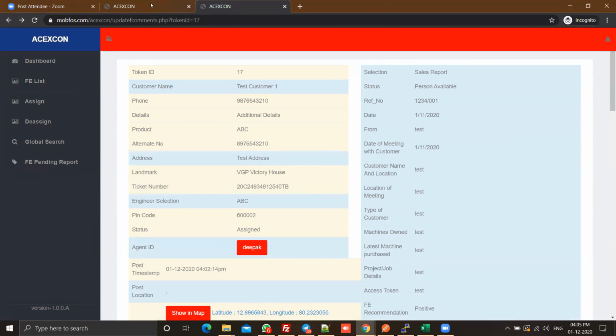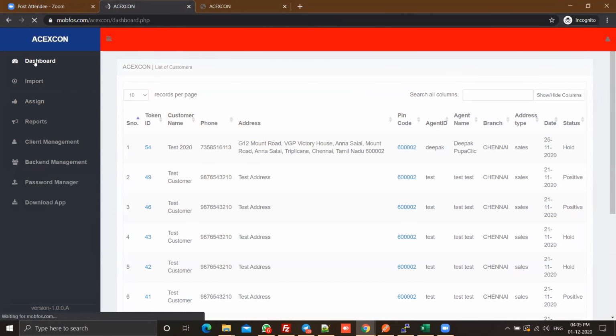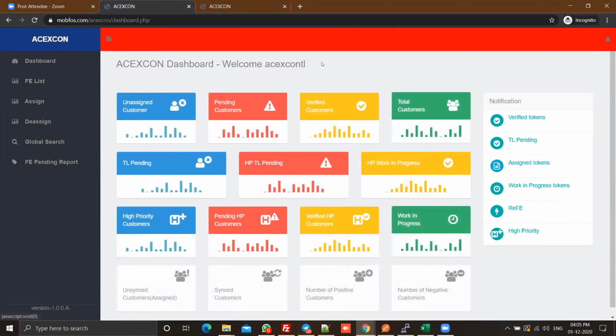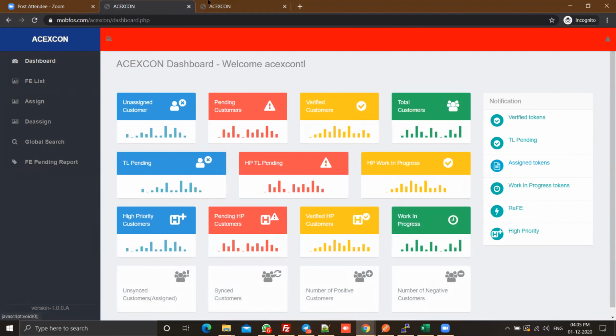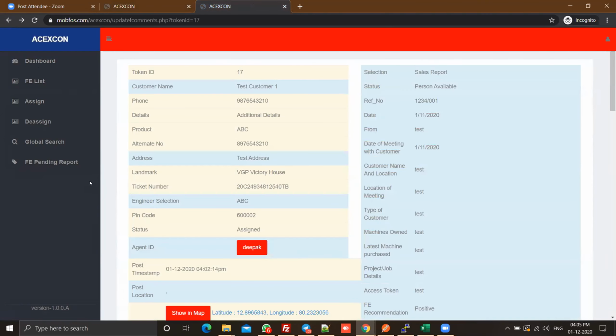So this token ID is 17. When I go back to the dashboard, you'll see that, let me just log out.